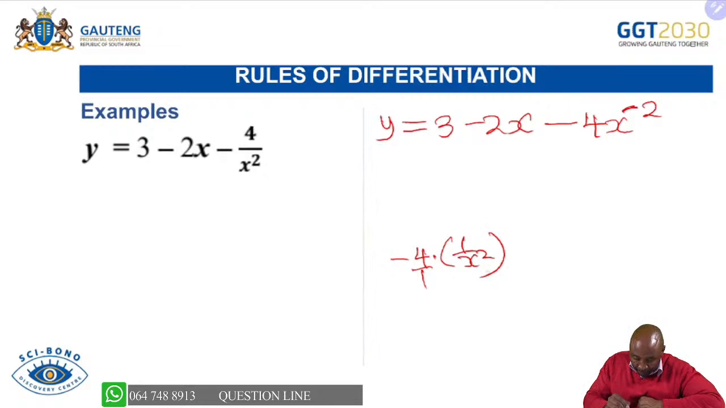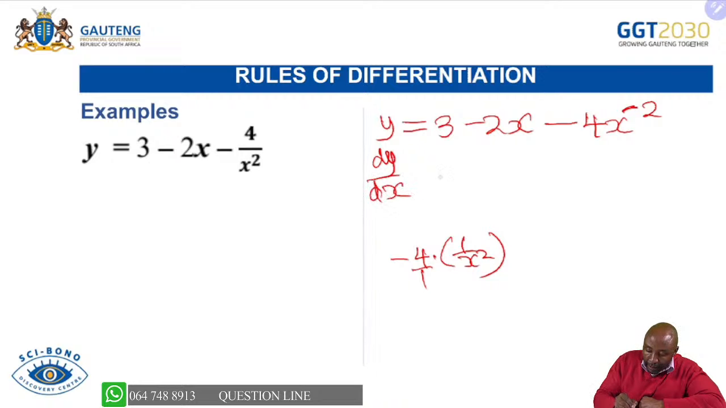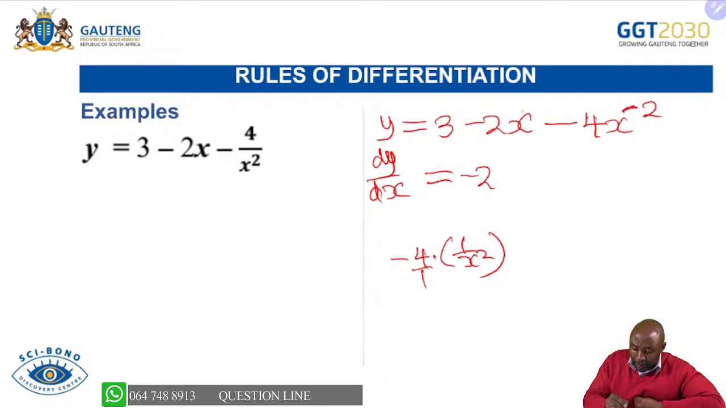And I know that 1 over x squared, as a negative exponent, becomes x to the power negative 2, and still it will give me that expression. To evaluate the derivative, dy/dx will be equal to 3, a constant, which will give us 0. And then our exponent here is 1. 1 times negative 2, we get negative 2 to the power